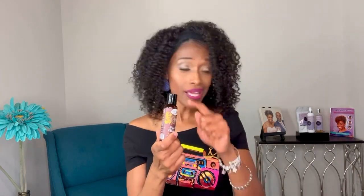This is a little bottle. It's actually Uncle Funky's Daughter Curly Magic. It's what it is. Now this is travel size. This is amazing. It is awesome. Now, similar to this one,